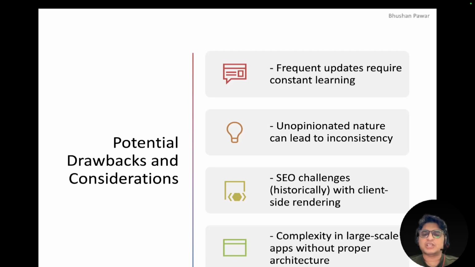There were some SEO challenges earlier, because React mostly has an SEO challenge with client-side rendering, but as the ecosystem has developed day by day, Next.js is resolving that issue. But if you are not using Next.js, then definitely we have the SEO challenge or client-side rendering issue with React. There is another problem, complexity in large-scale applications, because for simpler applications,